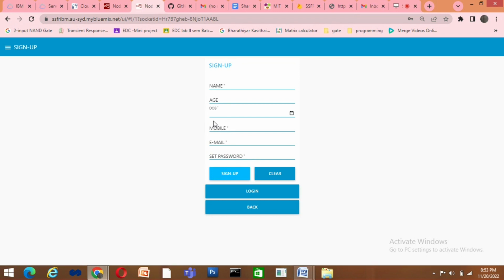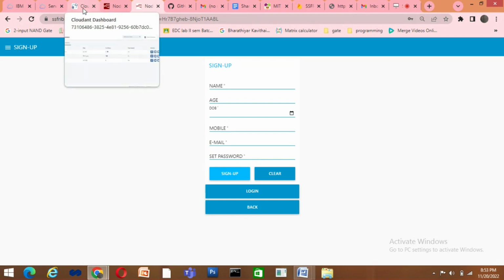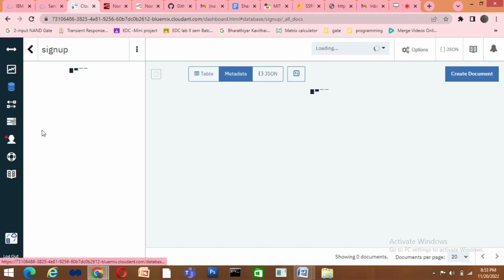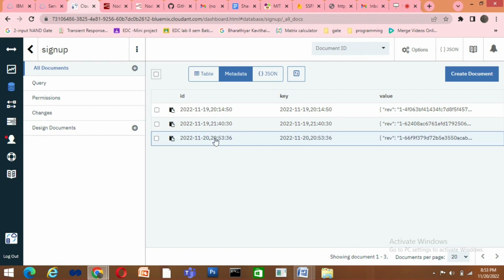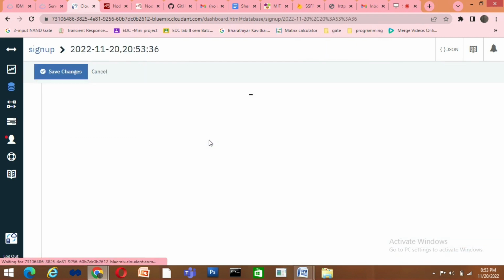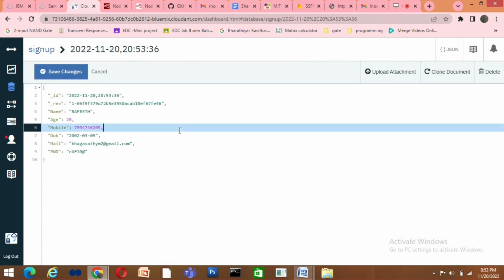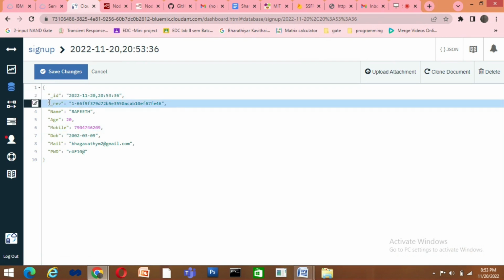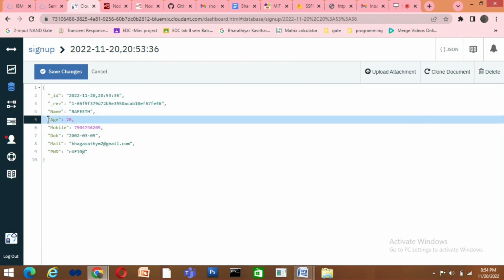And now when I click the sign up button, all my details get stored in the IBM Cloud. Let's verify whether it's saved or not. It gets saved into the sign up module. And see, every ID that we log in is saved with the help of a unique ID so that it cannot be